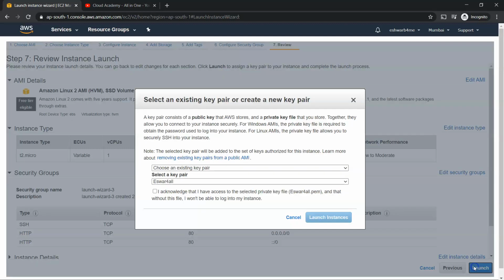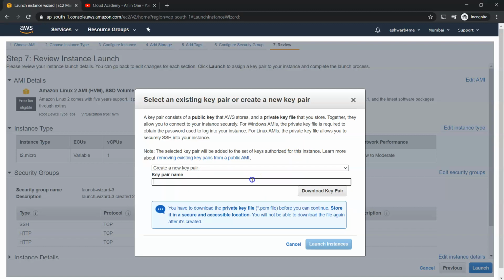So, review and launch. In case you have any key pair, this is very important to access your Linux machine later. It's nothing but your user ID and password, but here you are going to use SSH mode. So you can create a certificate and use that particular certificate. I'm going to create a new one, though I already have one, for demonstration purposes. You can name it anything like